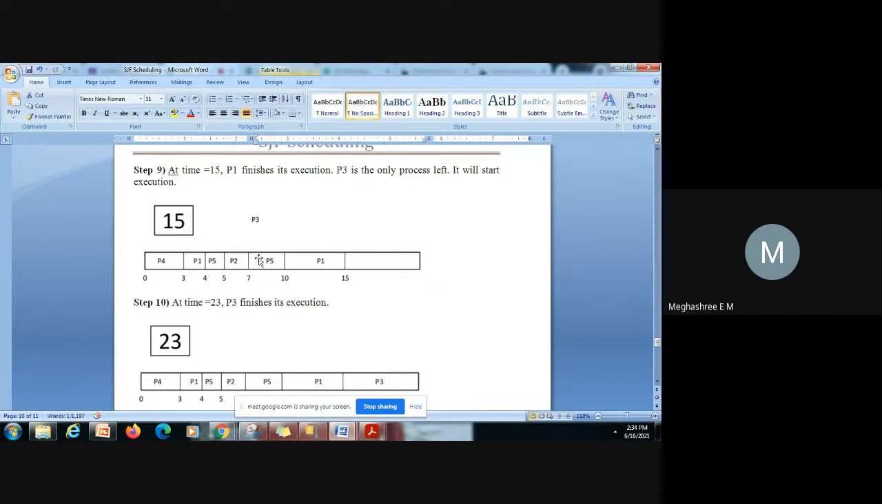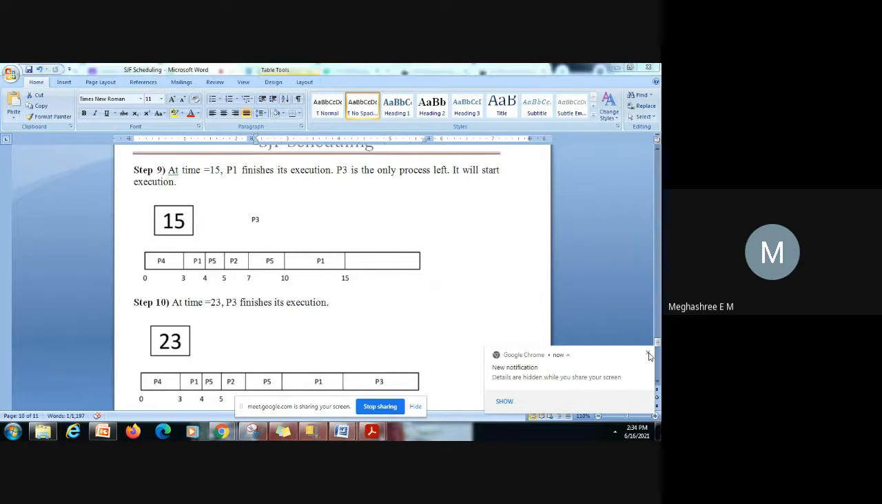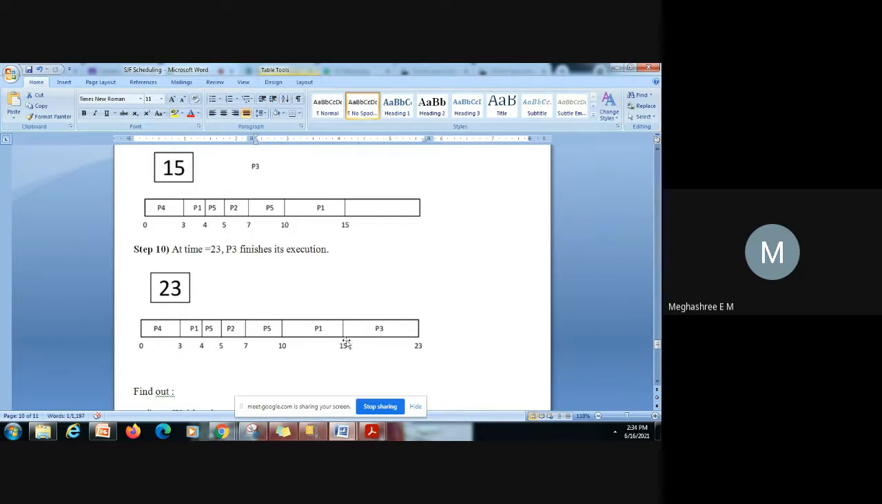Here, 15 plus 8, that is the time. When time is equal to 23, P3 finishes its execution. Okay, so it is assigned and it completes its execution. Now you can see in the Gantt chart, P4 is assigned and executed, and completes its execution when t is equal to